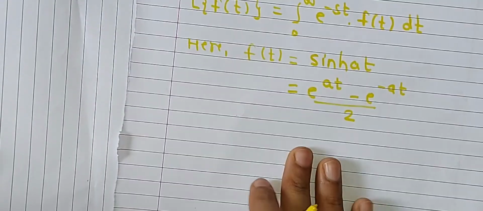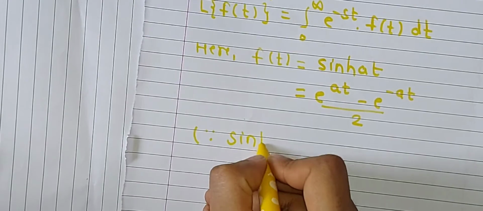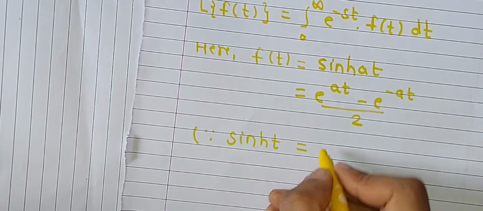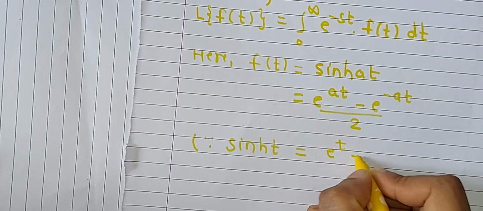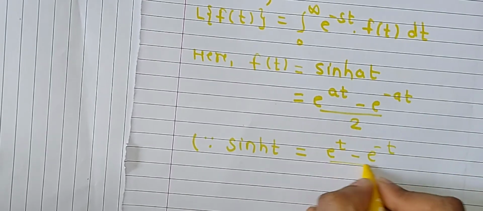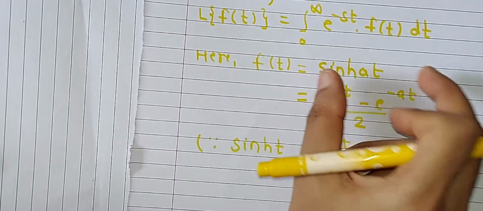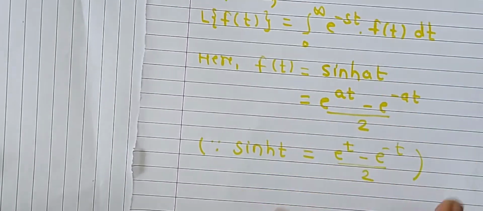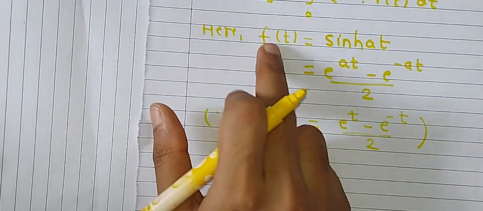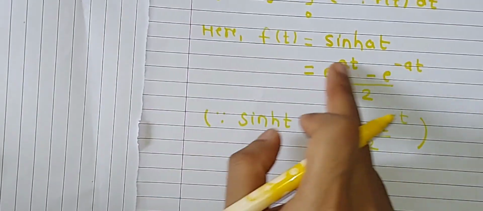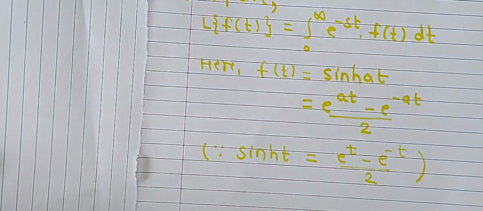This is possible because sinh(t) is a function that is e raised to t minus e raised to minus t, divided by 2, and with the help of this formula sinh(at) is converted to this form. Okay? So this is your new f(t). Now put this value of f(t) in place of f(t) here. So this equation becomes